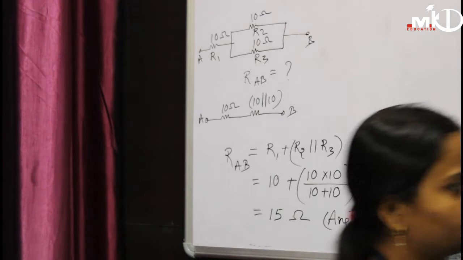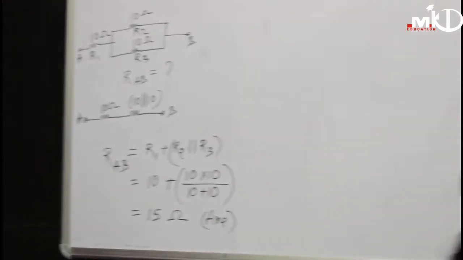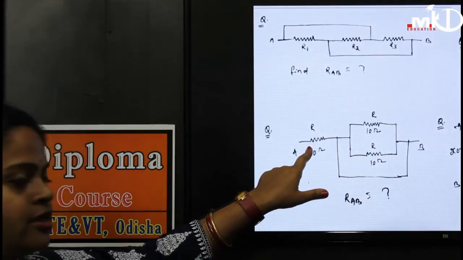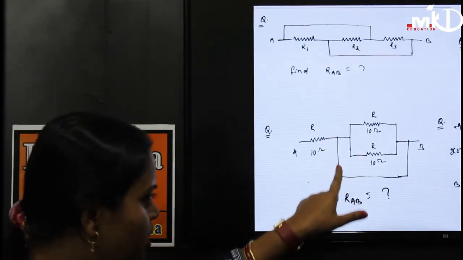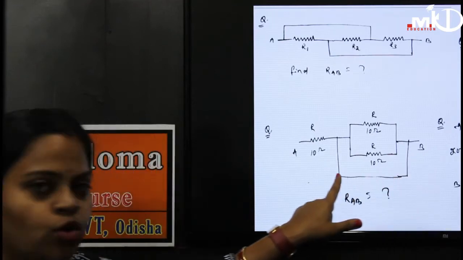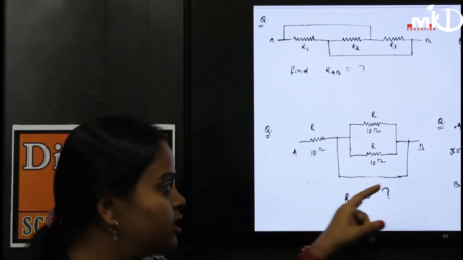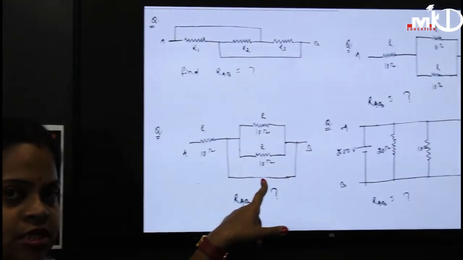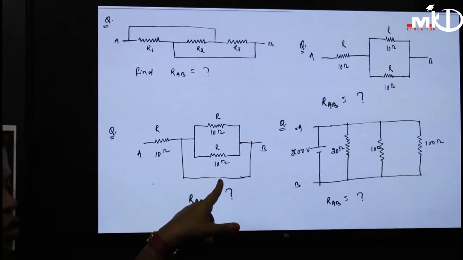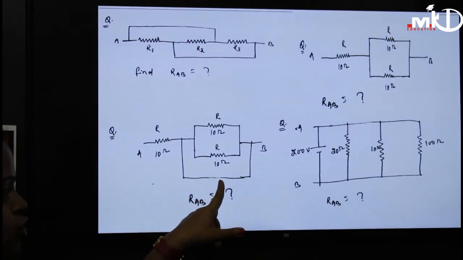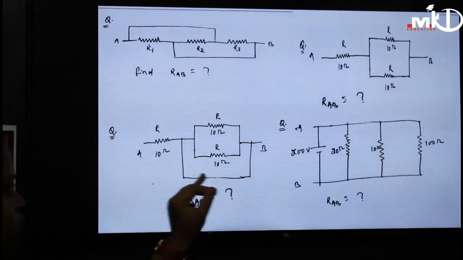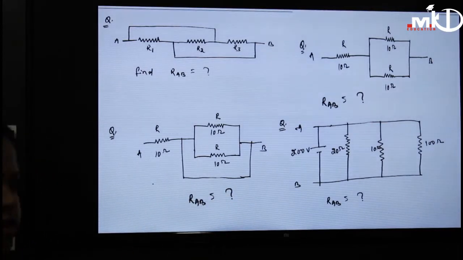Then the third question. Here we are having two resistances in parallel, then one resistance in series, and one simple path. There is no resistance. One simple wire is here, no resistance is here. So no resistance in this branch means it has R equal to 0. In this branch R is equal to 0. So if it is 0, then we need to find out what is the equivalent resistance of this circuit. So let's solve it.